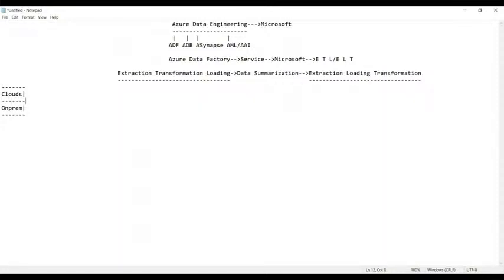One answer: on-premise, whatever software is installed in your local system. That's fine. Anyone else? Any other opinions, please?